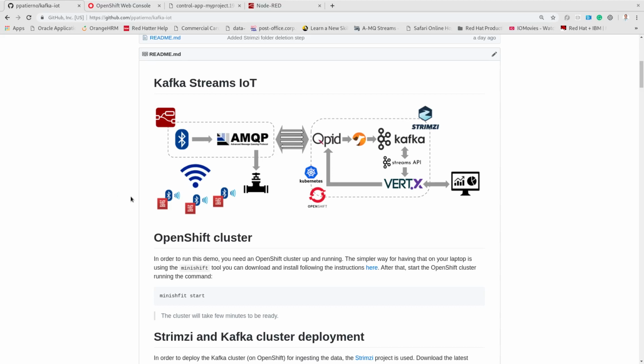Hello. During this video, I'm going to show how it's possible to mix different messaging technologies in an IoT solution for different purposes. So, for example, I'm going to show how it's possible to mix the usage of Apache Kafka for ingesting data from devices using an IoT gateway in this case, and even the Kafka Streams API in order to do some real-time analytics on the data that we are going to ingest from the devices on the